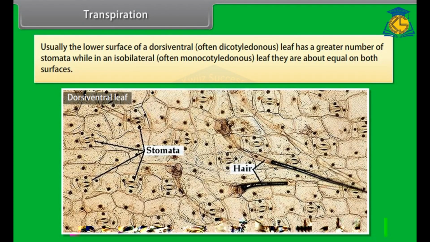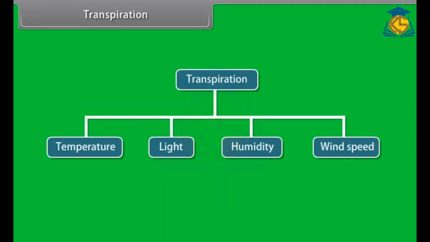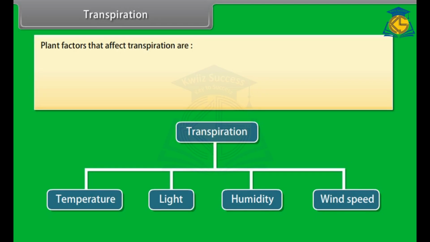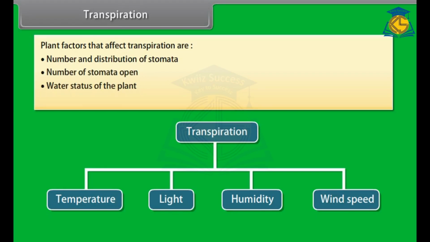Usually the lower surface of a dorsiventral, or often dicotyledonous, leaf has a greater number of stomata, while in an isobilateral, or often monocotyledonous, leaf, they are about equal on both surfaces. Transpiration is affected by several external factors like temperature, light, humidity, and wind speed. Plant factors that affect transpiration include number and distribution of stomata, number of stomata open, water status of the plant,